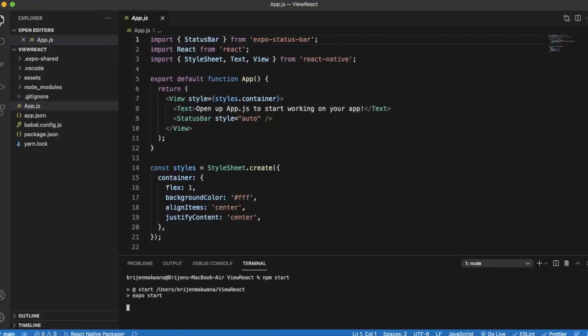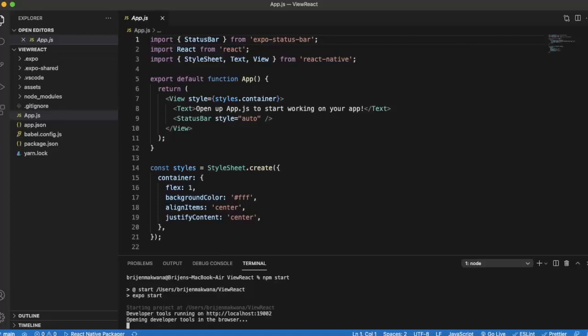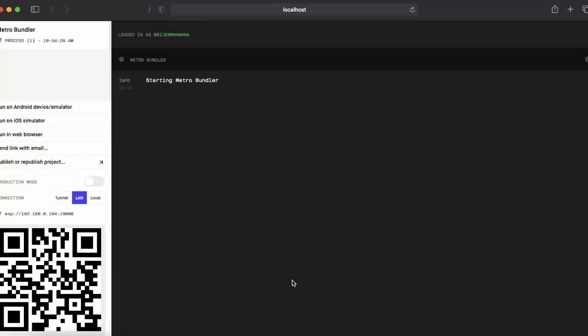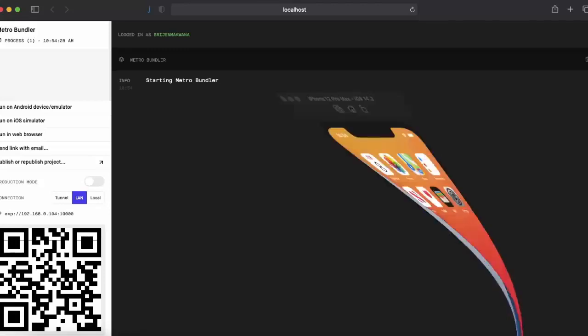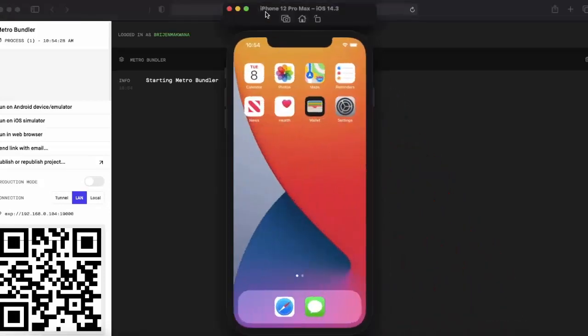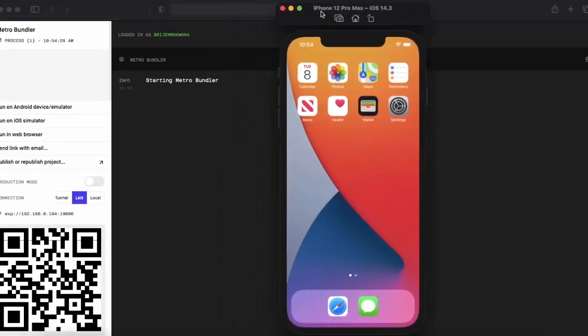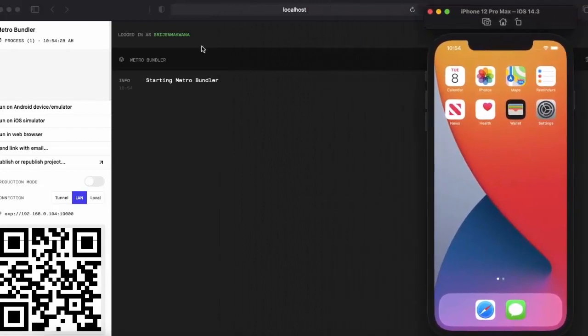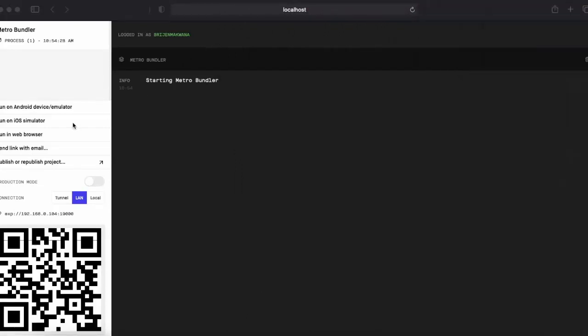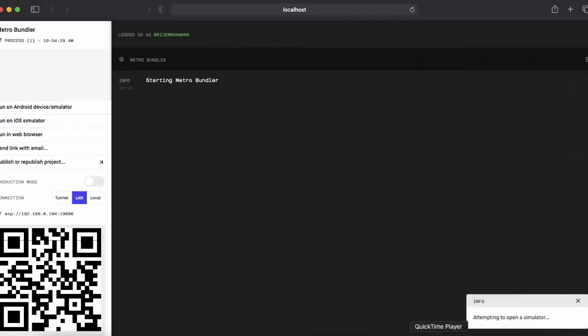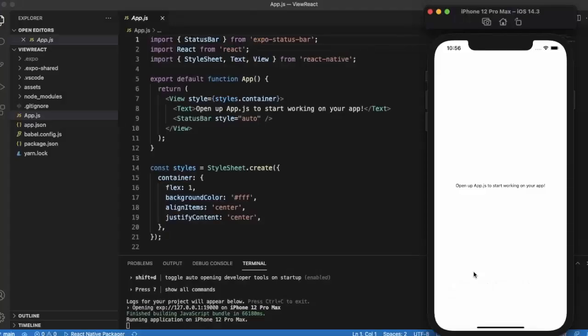You can preview this app either on Android simulator, or if you are using a Mac machine, you can also preview this app on iOS simulator. I have already opened this iOS simulator. It's iPhone 12 Pro Max, so I'll just use that, run on iOS simulator. Okay, so our app is running.